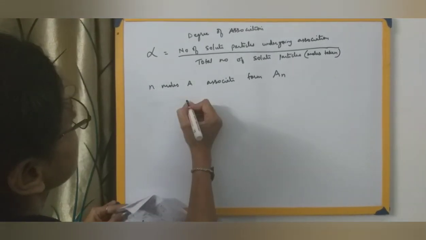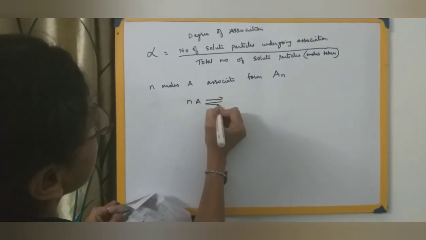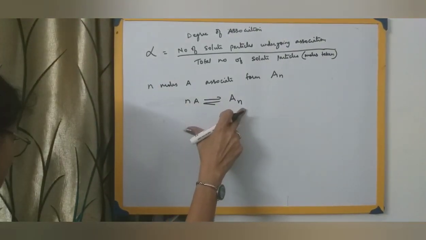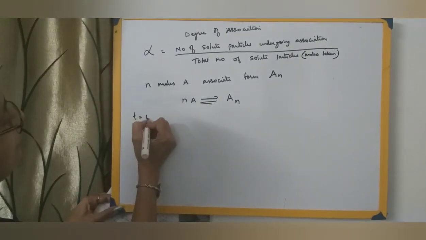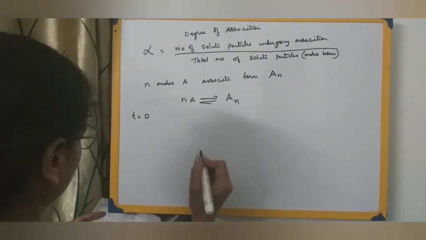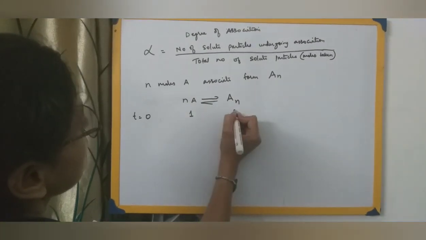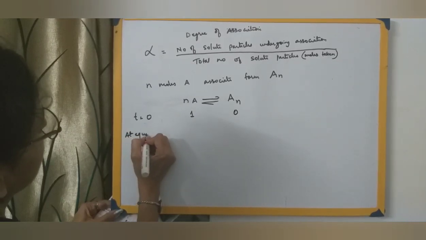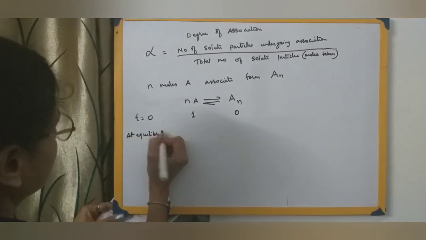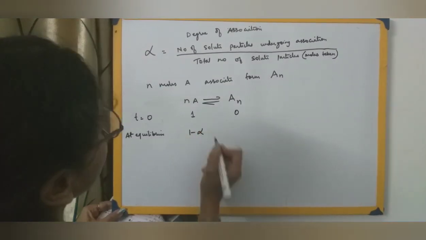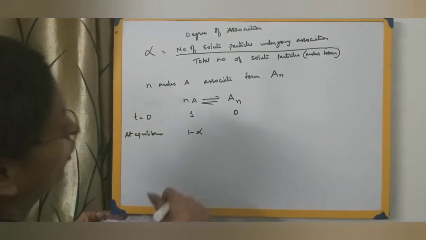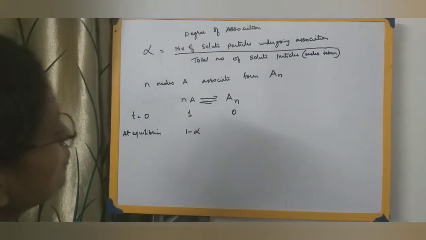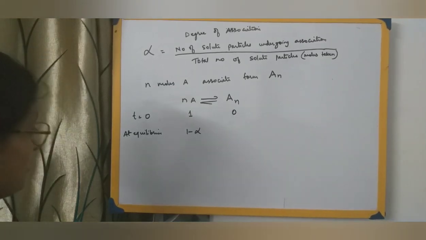Let me leave some space. n moles of A associating to form A_n. Now just imagine when t equals 0, when time is 0. So this is 1 mole and this is 0. And after some time, at equilibrium, this will be 1 minus alpha, where alpha is your degree of association. Why 1 minus alpha? Because 1 was initially there and some particles have associated. So 1 minus alpha, and this will be